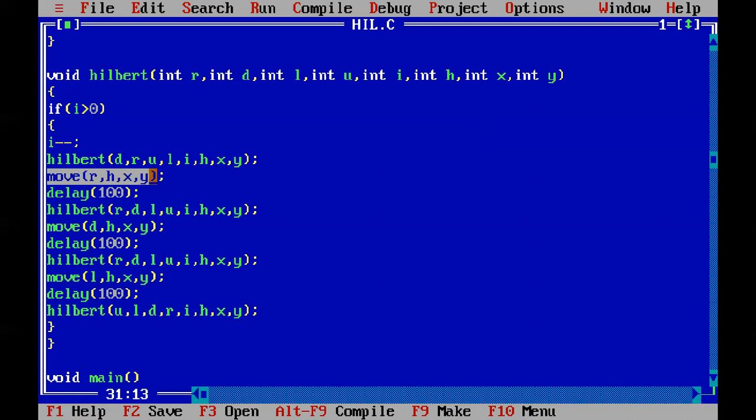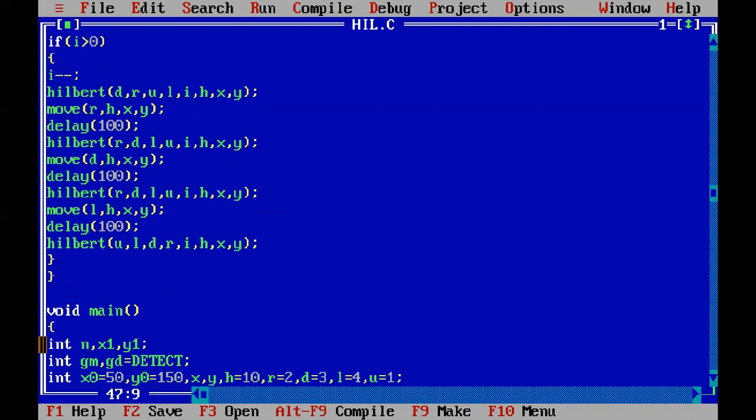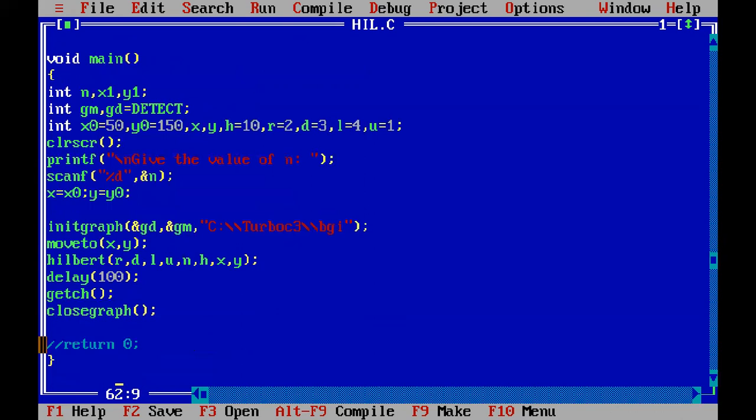Again we call the move function with XY, move the points with a delay, and call the function each time with the changed values of D and R. Again move that point, again delay, again call the Hilbert curve, as many times as you like for each square to be visited.